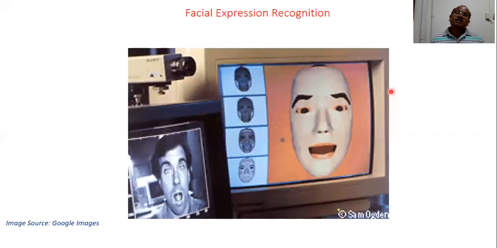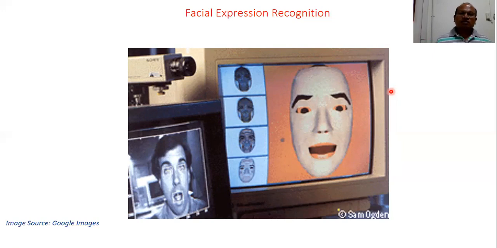Next one is facial expression recognition. A lot of work is going on in this direction. You want to recognize the expression, the emotion of one person. A person is sad, a person is happy. People are even researching what a person is thinking. That's a neuroscience and cognitive assessment area, which we have not included here. But facial expression means how is the mood? Are you happy? Are you sad? Are you in a thinking mode? Are you angry? Are you upset? Are you anxious? All these states, your expressions, can also be recognized with the help of image processing.